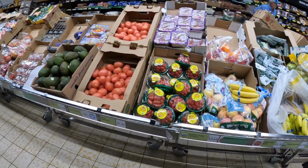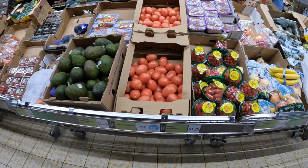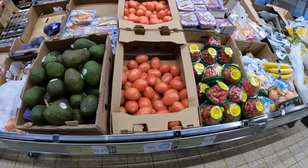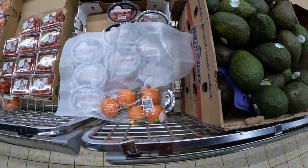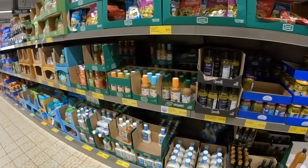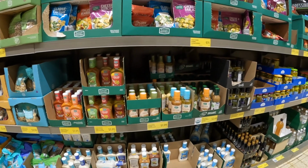But I opted for the Roma tomatoes this week. I thought that they were the best value. They don't look quite as bad as those poor little vine tomatoes. Those things look terrible. Dressing is a place that I definitely could make improvements on my choices, but where I